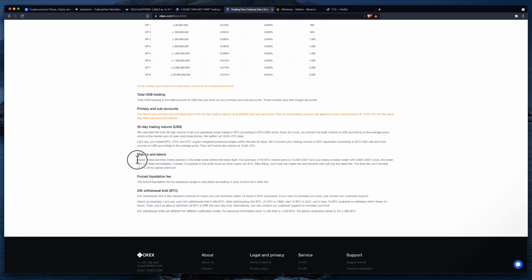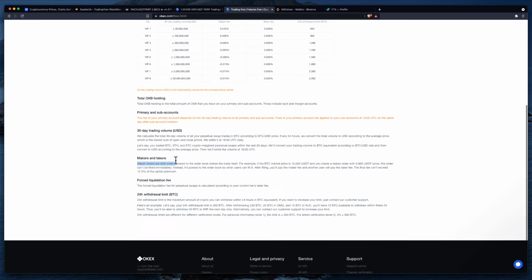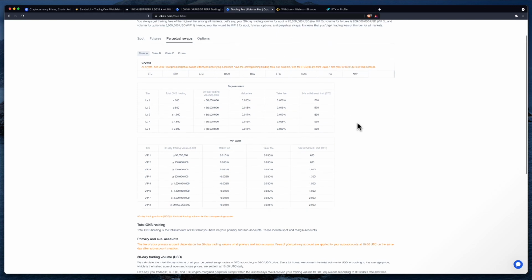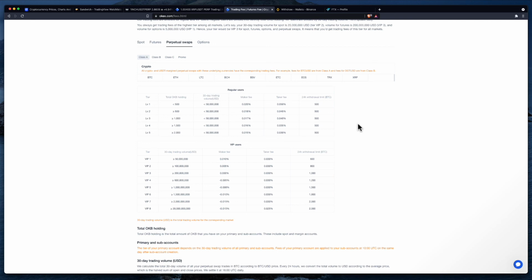And then here it just clarifies that maker orders are limit orders. So up here when it says maker fee, this is the fee for every limit order that you enter. Taker fee is the fee for every market order that you enter, and you've got that fee on your entry into a trade and your stop and your take profit. Now, this is probably something that will be better off to read in your own time because it will depend on your personal circumstances, but if you want to find this, it is